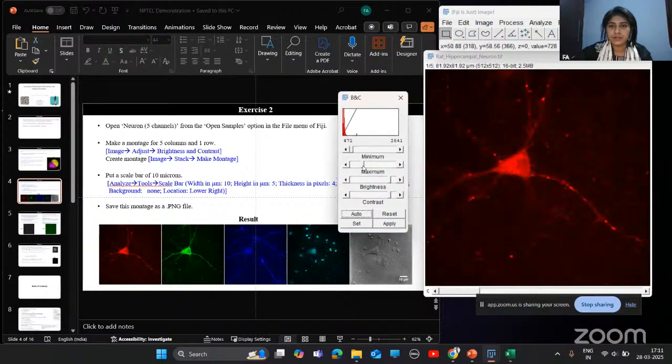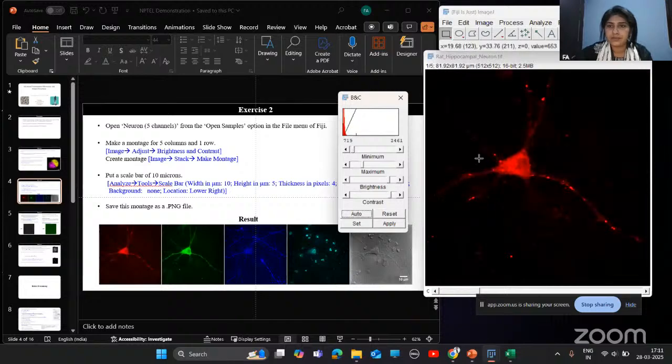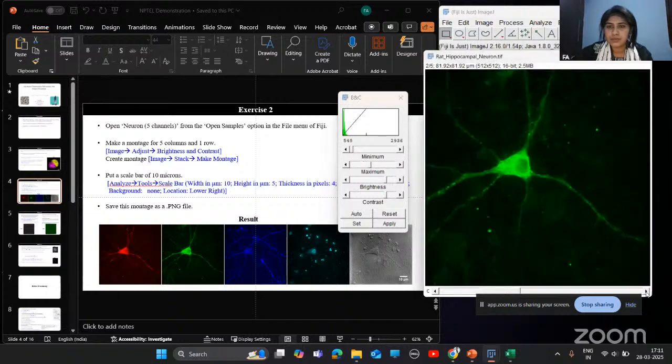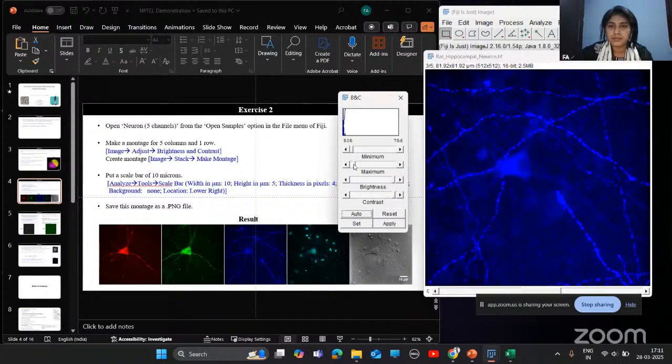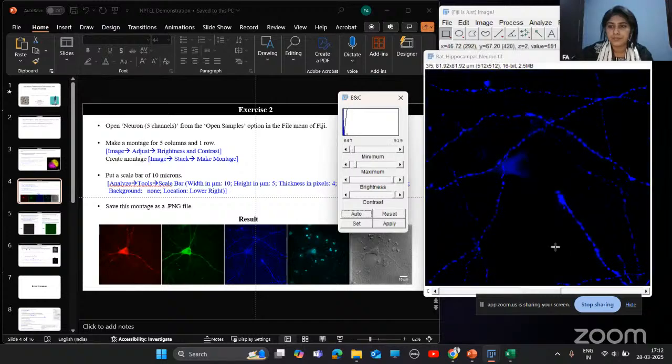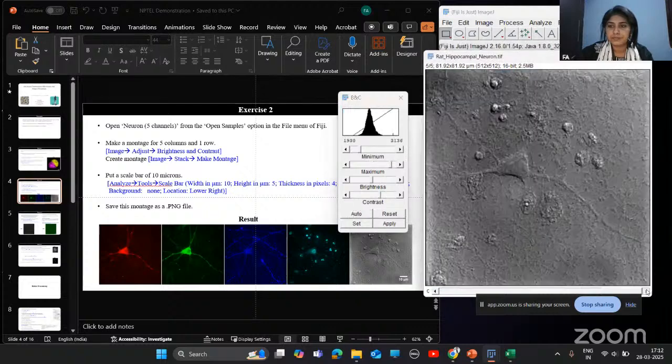So here I can change this for the first channel, then I'll go to the second channel, I'll increase its minimum and maximum value, and then to the third, the blue one, and then to the fourth channel, and this one is the TD image.